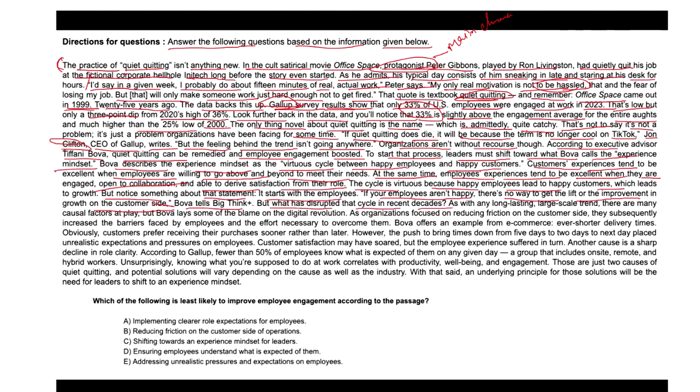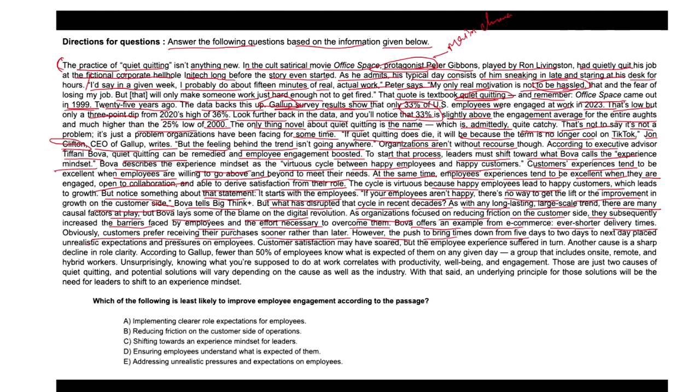As with any long-lasting large-scale trend, there are many causal factors at play. But Bova laid some of the blame on the digital revolution, as organizations focused on reducing friction on the customer side. They subsequently increased the barriers faced by employees and the effort necessary to overcome them. Bova offers an example from e-commerce: ever shorter delivery times. Obviously, customers prefer receiving their purchases sooner rather than later. However,